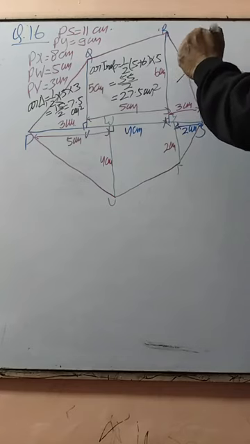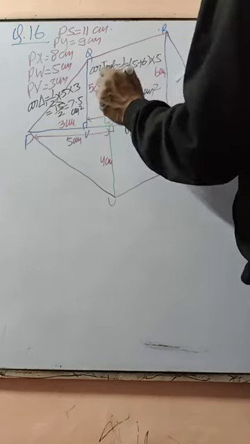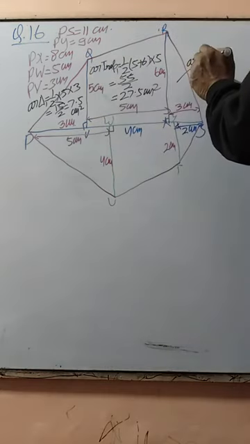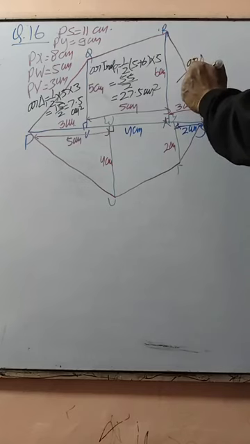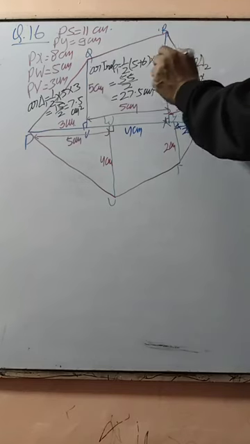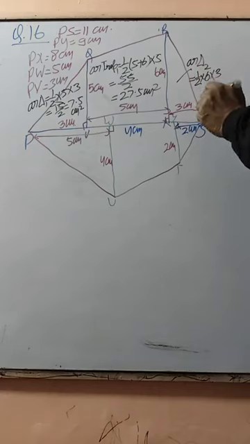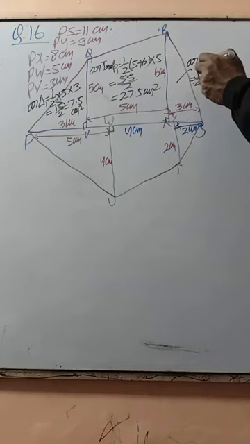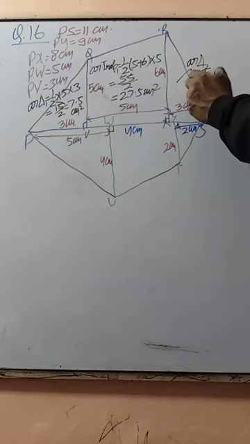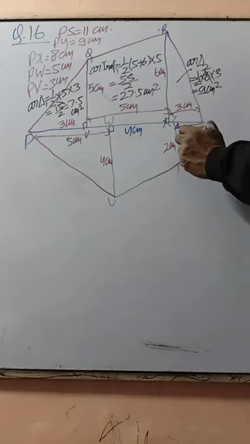This was trapezium 1, area triangle 1, and this area triangle 2 is equal to 1 by 2 into 6 into 3. Yes, sir. So how much are you getting? 18 by 2, 3 times 2 becomes 6, so it is 9 centimeter square. Yes, sir. This is how much?